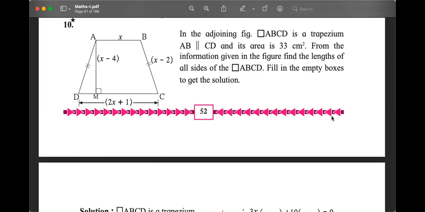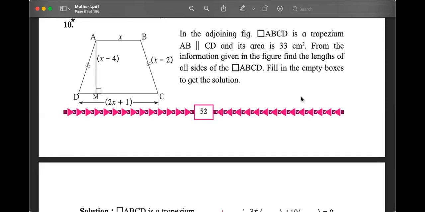And in the last class, we were applying all that knowledge to solve word problems. I hope you remember the 6 steps that we had. So to begin from where we left in the last class, let us try to solve this question together, which is on your screen, question number 10 of practice set 2.6.